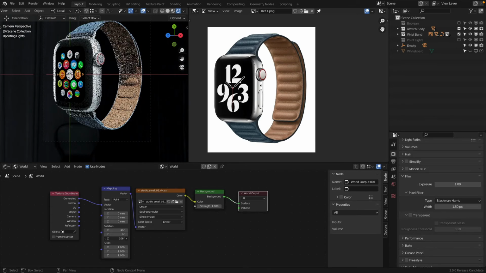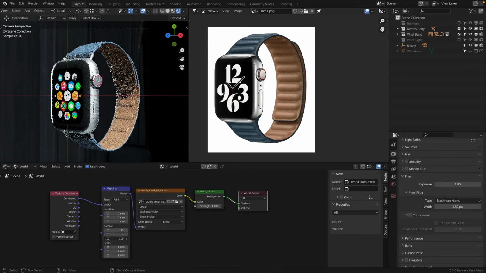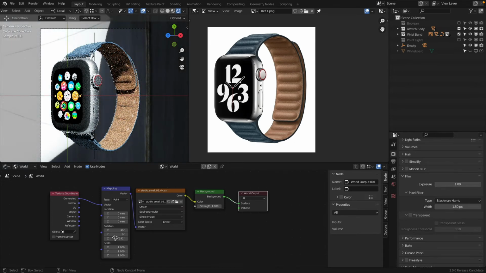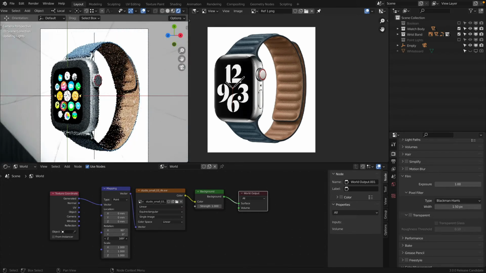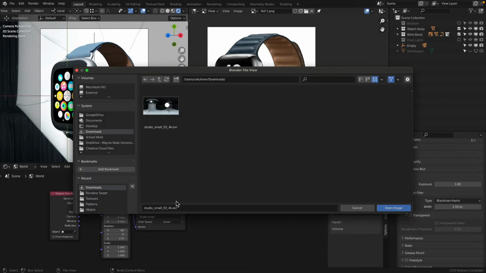What's really nice about these HDRI images is they literally emit light from 360 degrees, which is really beautiful. The downside is you're kind of stuck with the lighting you have inside that image. So either it works or it does not. This, for example, actually looks really good, is however way too harsh. So let me go back to